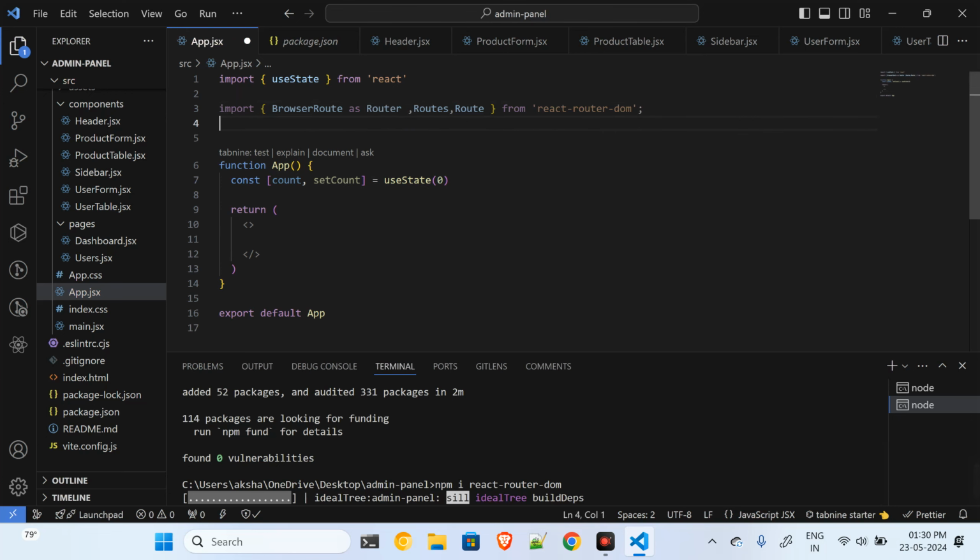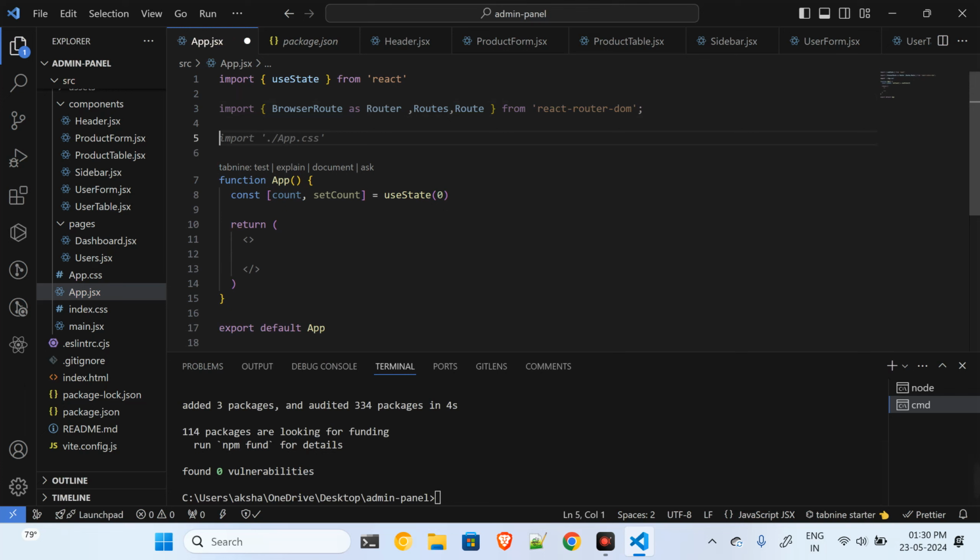I will make use of the React Router DOM,